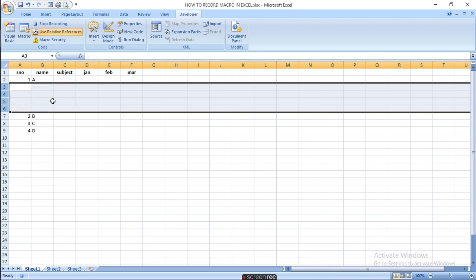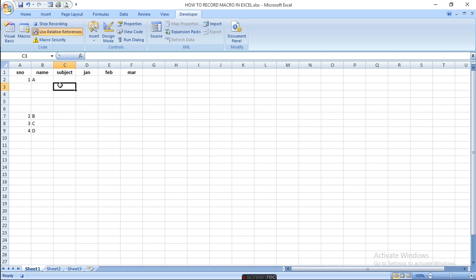Insert. Then you write here subject, English, Maths and total. Suppose you have 3 subjects and you did it.